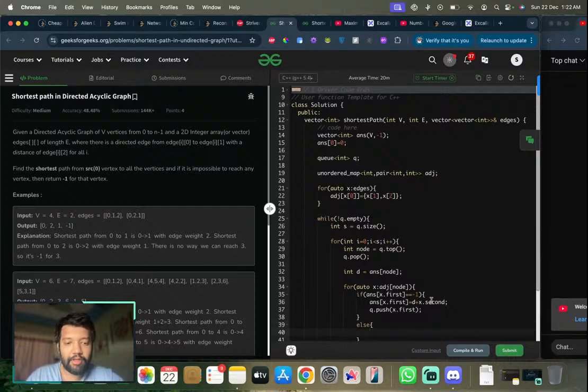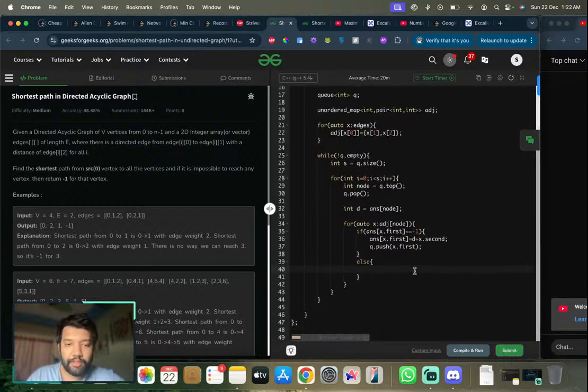Else, if it is already there, then I just see if answer of x dot first is equal to min of answer of x dot first, comma, d plus